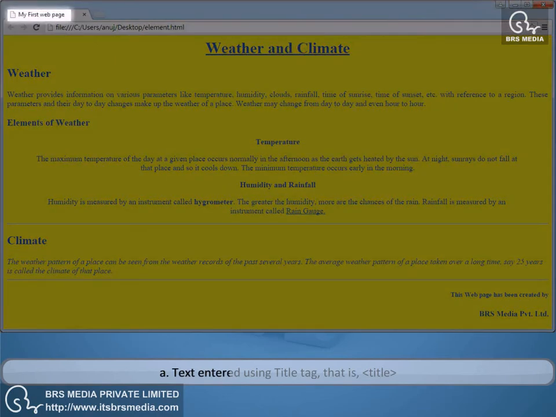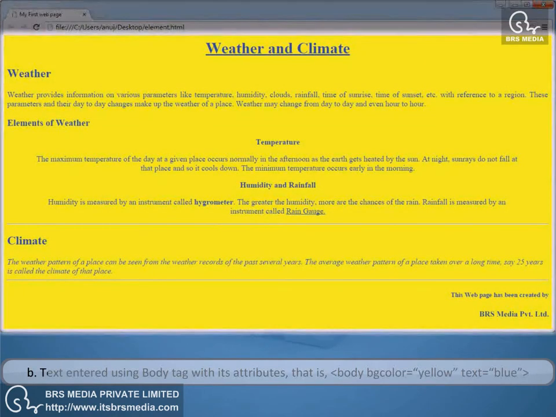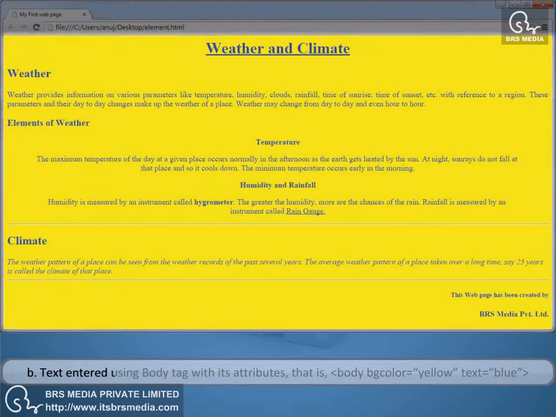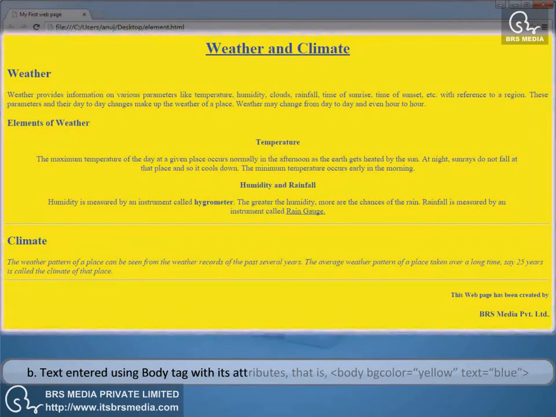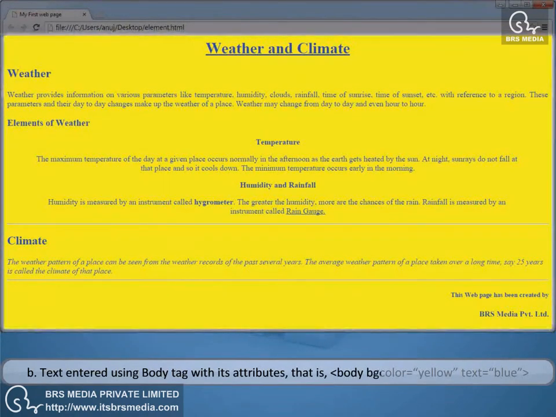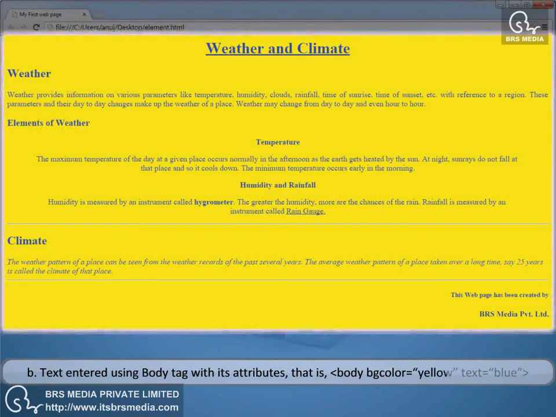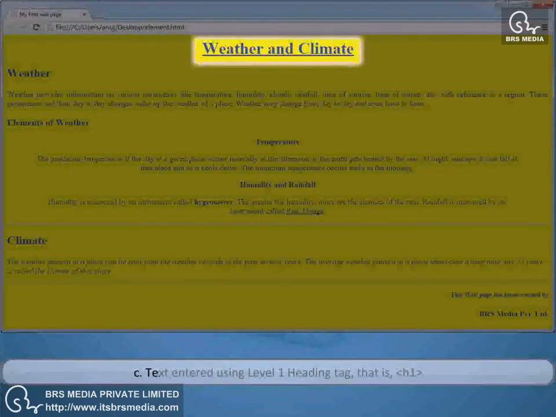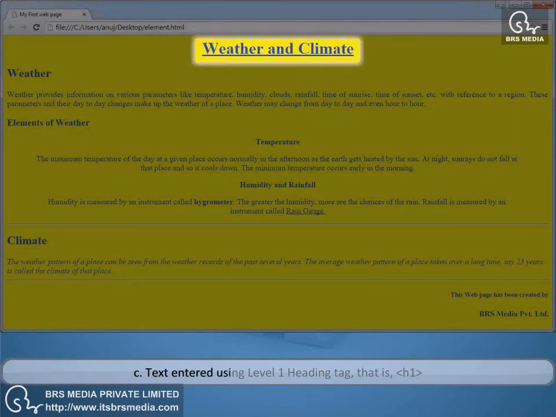A. Text entered using title tag, that is, title. B. Text entered using body tag with its attributes, that is, body BG color is equal to yellow, text is equal to blue. C. Text entered